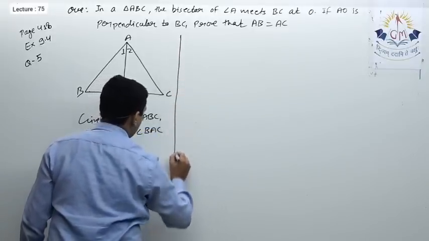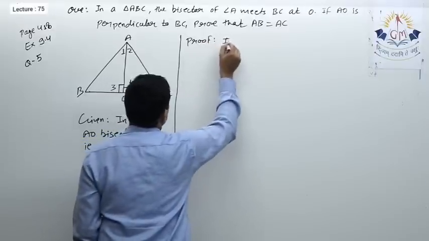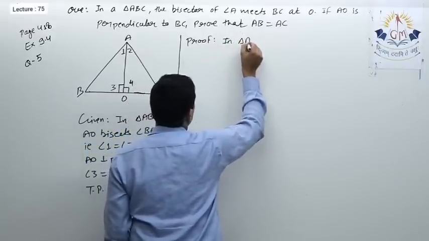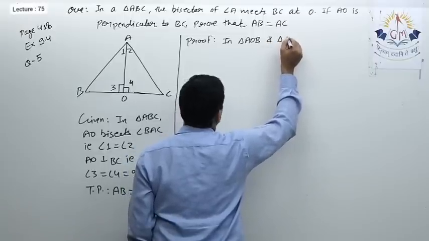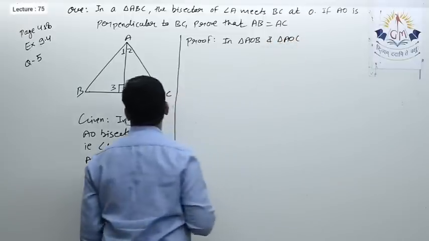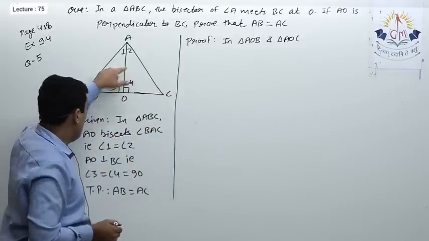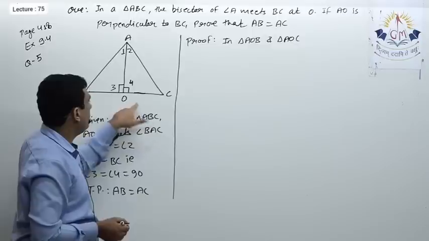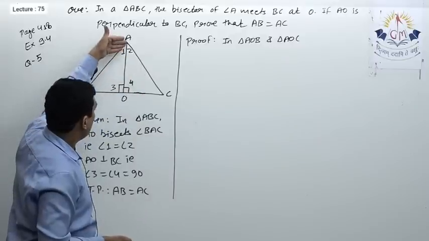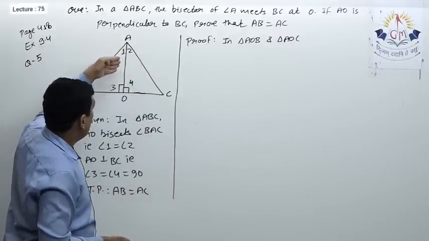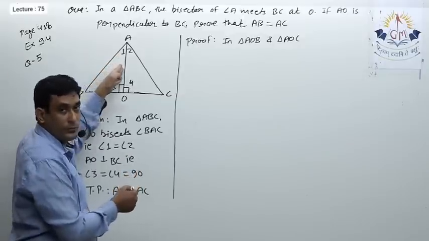So it's very easy. Prove in triangle AOB and triangle AOC. See, in the same question they can also ask to prove that AO is the median. To prove AO is a median we have to prove BO equal to OC, which we can prove by proving the triangles congruent. So over here AO is the angle bisector as given in the question, it is also the altitude as given in the question, and we can prove it's a median.